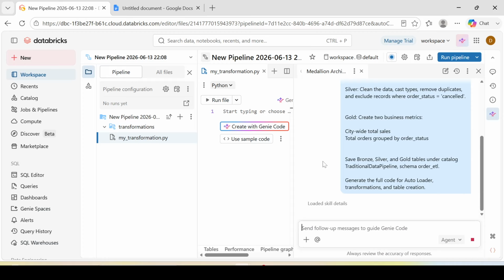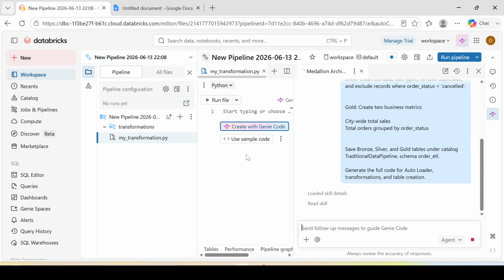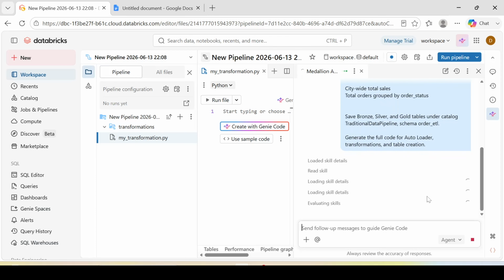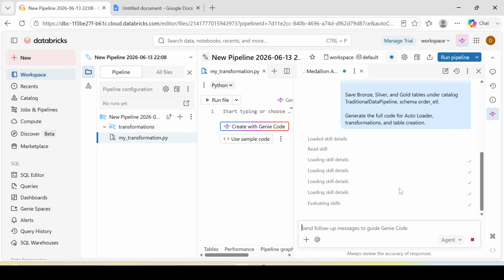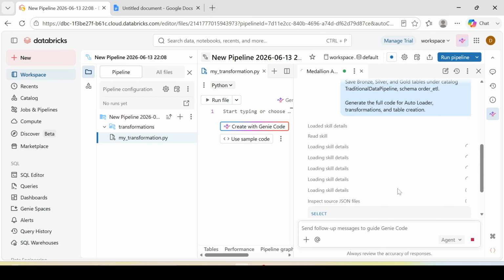If it finds any issue or error, it automatically detects those and tries to fix things. Once the pipeline is ready and created, it's going to ask to do a test run or a dry run. We can do this dry run. It doesn't actually run, but it basically tests the pipeline, and once we feel like everything looks good, then